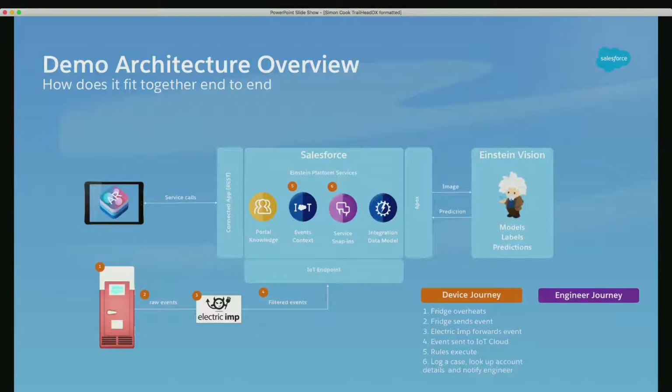In terms of the engineer's journey, we now know who our customer is. We know now that they have a Premier Proactive Support contract with us, so we're going to send them a field service engineer. If they don't, we call them up and ask them if they would like a proactive field service account. And then the engineer turns up on site, he scans the object, and at this point, what I